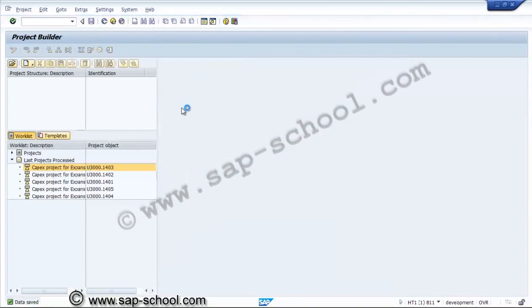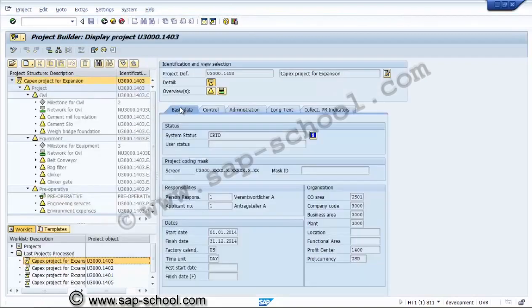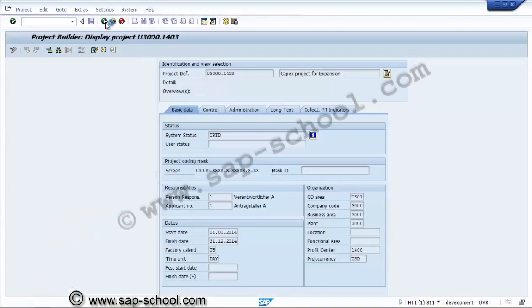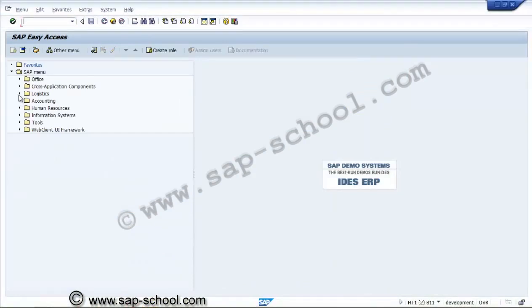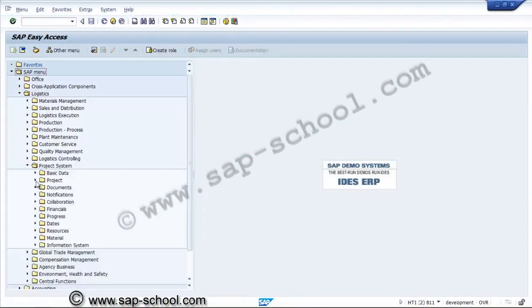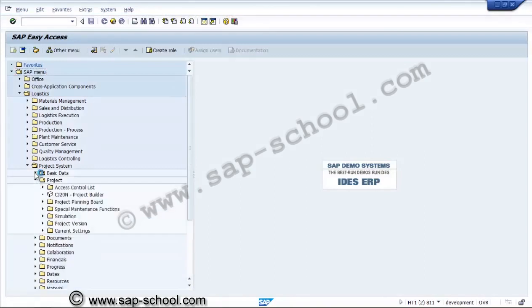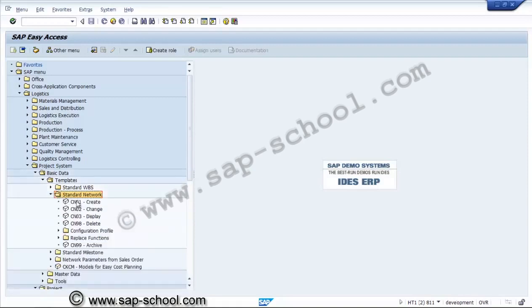Now we'll create one network template from the existing network, and we'll use the same for network creation at other places. For that purpose, we need to go to logistics, process system, and basic data, templates, standard network, create.